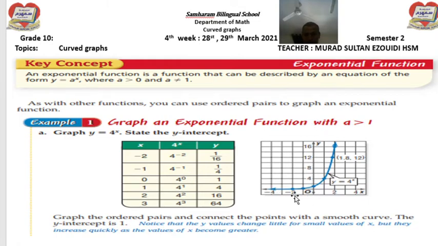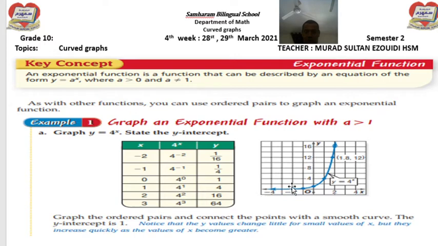This is the y-axis, and this is the x-axis. Then when x equals 0, for example, it will be 1. This means that the curve of the exponential function always passes through the point 0, 1. Okay, when x equal 1, it will be 4. When x equal 2, it will be 16, and so on. Okay, so here, in order to draw the graph of this, just plot each ordered pair